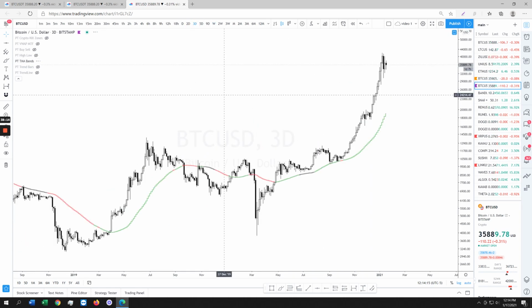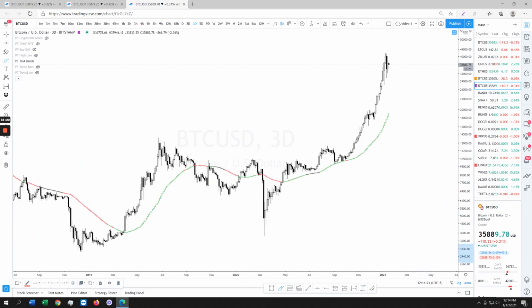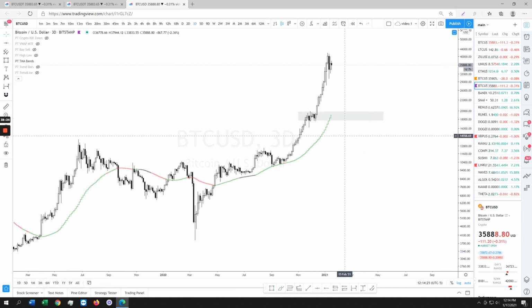Three-day. I told you guys many times before that in a bull market or bull run, we always tap it. Right now it's currently sitting at, I'm pretty sure we're going to go down there and tap it. Just hope that it happens sooner than later, because the longer it takes, the higher this line goes. And I don't want it to get up here. I want it to stay over here so that we can get cheap $18,000, $20,000 Bitcoin.